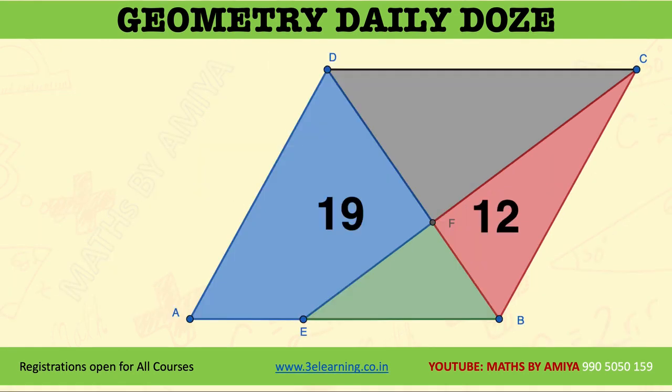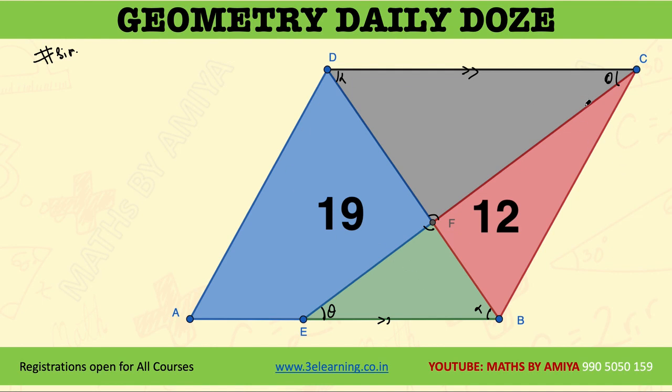As you know, there are multiple ways of solving any geometry question or any maths or aptitude question. I'm going to use the basic and simplest way, which is similarity. We know these two lines are parallel. So if this angle is theta, this angle must be theta. If this angle is alpha, this angle is alpha. And these two angles are the same. So we can say the upper black and the lower green are similar triangles.